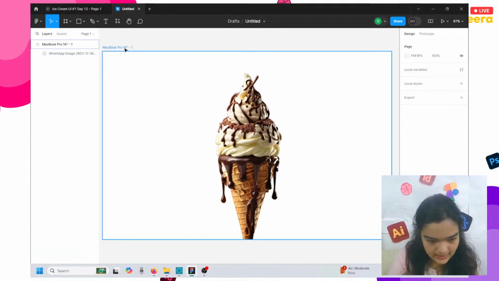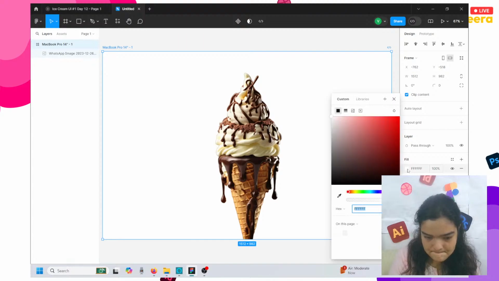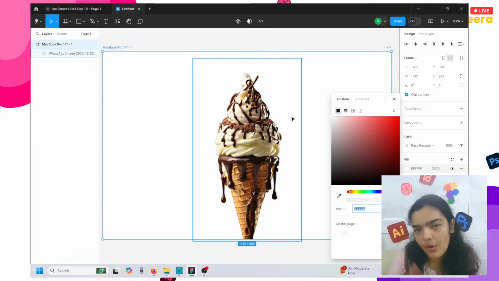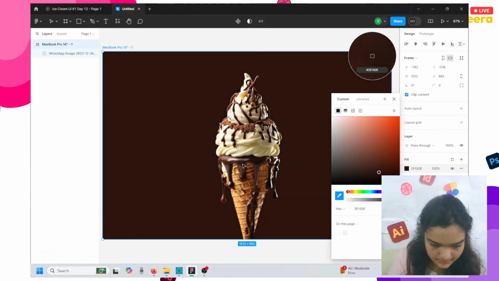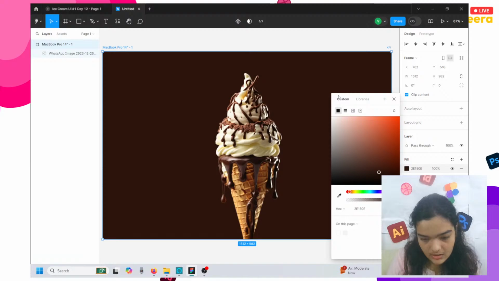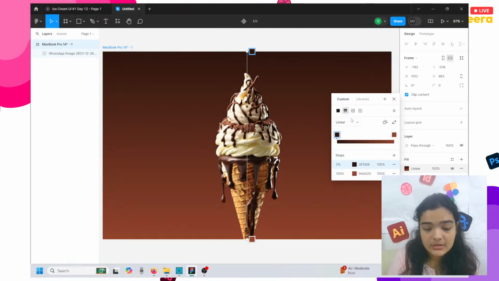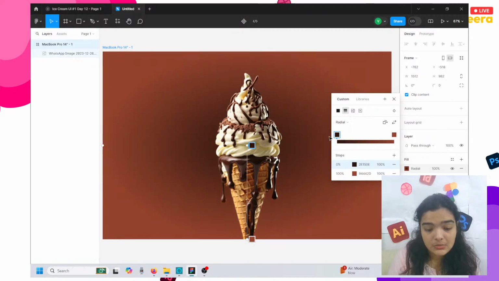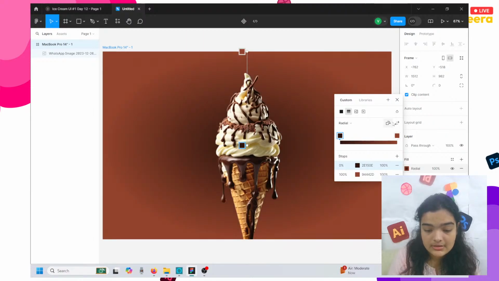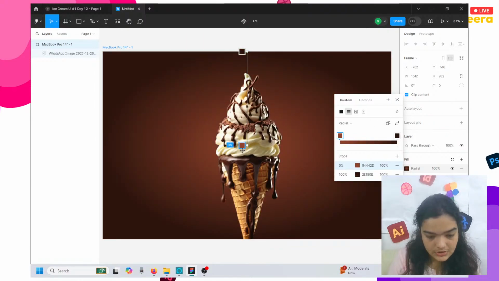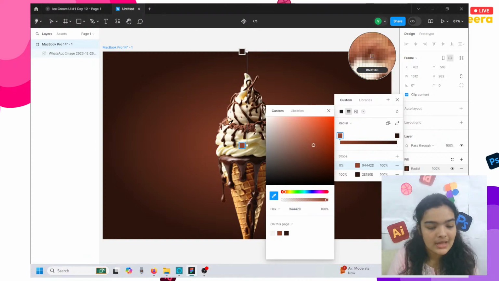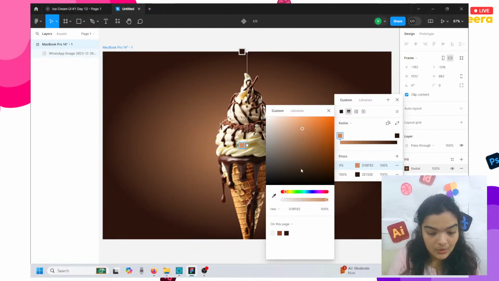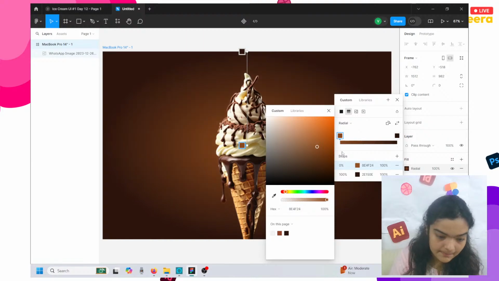Alright, now that we've taken care of that, let's add a background color. Since this is brown, we want the background to be dark brown as well. Let's change the color to a brown that's taken from right here, and then we can go to radial gradients and give it a beautiful radial gradient. We'll choose radial gradient, reverse these colors, and this is going to give us a beautiful radial gradient. Even though it's nice, it does not exactly match, so we'll just choose a color from here, make it darker,